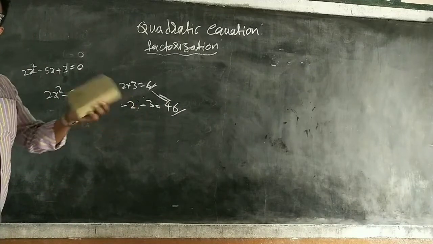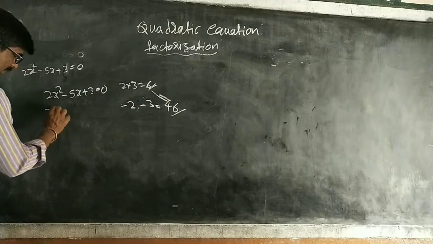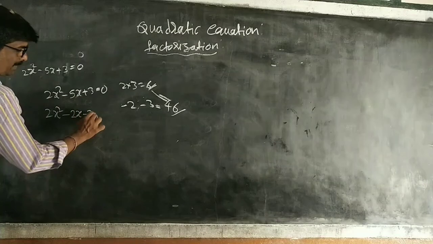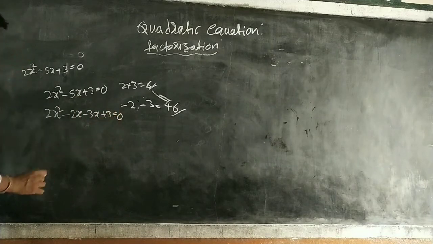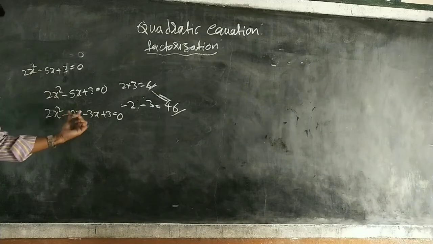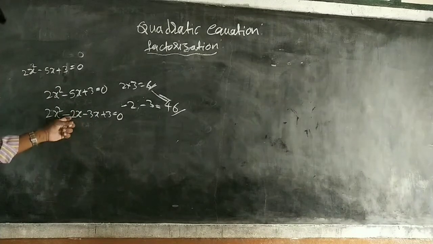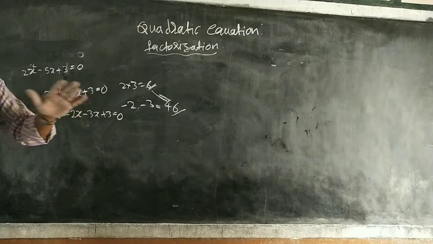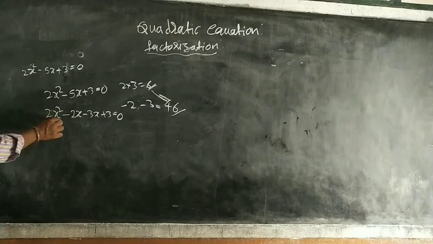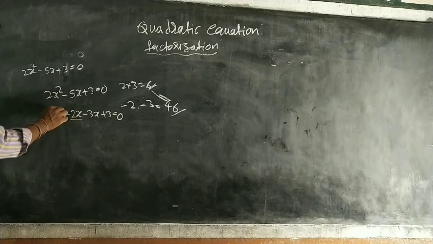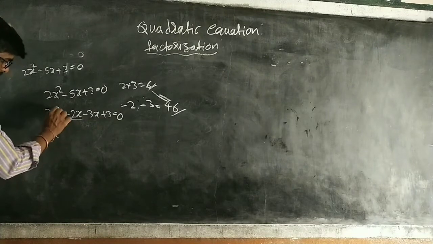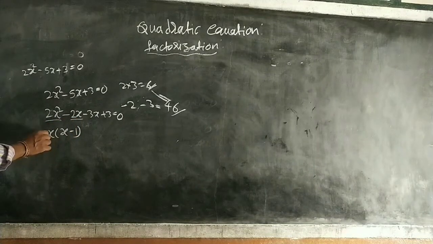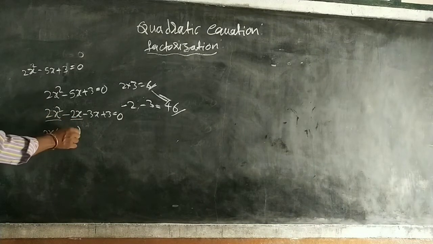Minus into minus plus, 2x square minus 3x minus 5x. I am writing minus 2 minus 3 plus 3 is equal to 0. Observe here. Simply 5x I am writing as 2x plus 3 minus 2x minus 3. 2 plus 3 is 5, same signs, no change. I didn't change it, but just I am doing factorization. Here also 2x is there, here also 2x is there. So x square, one term extra. 2x square, x minus 1. 2x is there. Simply again 2x into x, 2x square, 2x into minus 1 minus.